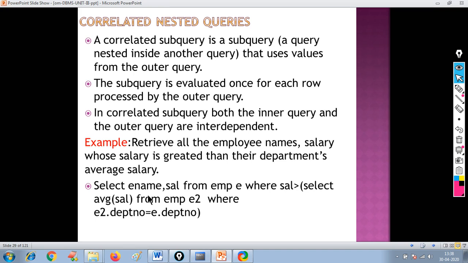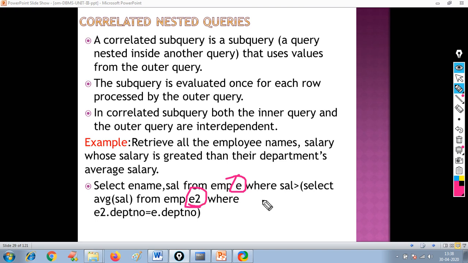You can see: select ename, salary from employee E where salary is greater than the average salary from employee E2 where the department numbers match. Here E2 is a copy of the employee table. E is one copy of the employee table, E2 is another copy. This is a self join. Using a self join you can solve that, but this is a nested query example.